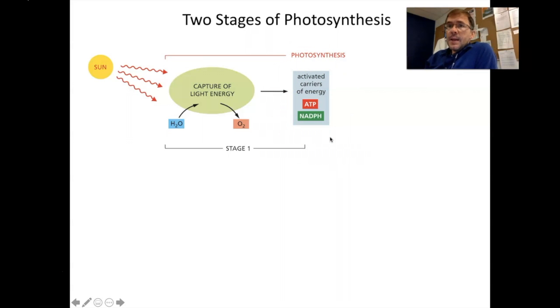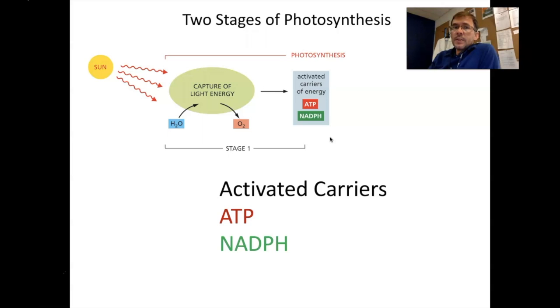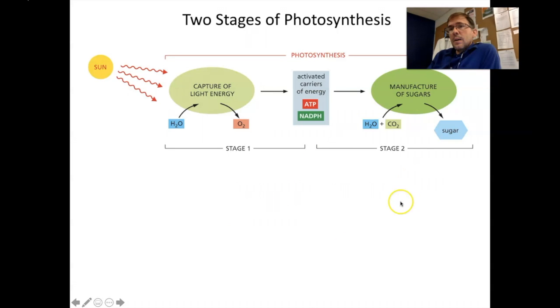ATP and NADPH are examples, but these are kind of intermediate energy carriers. They're molecules that can be used later on down the line to drive biochemical reactions, and in this case here with stage 2 of photosynthesis, they can be used to synthesize and manufacture